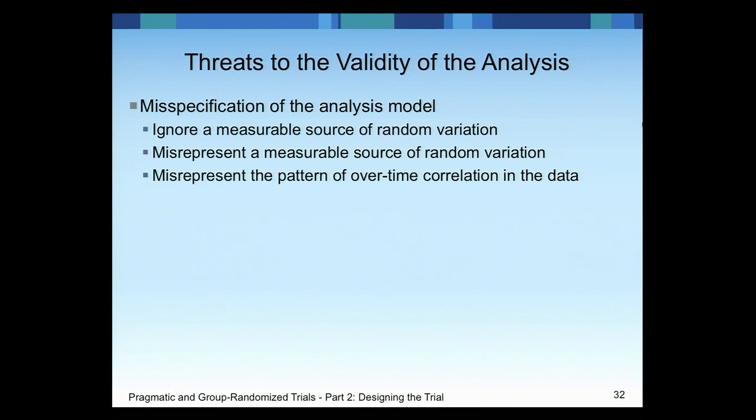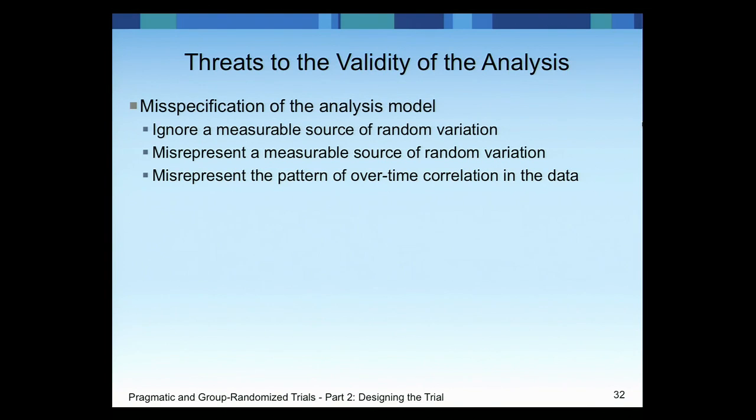There are several threats, too, that I'll talk about in particular for the validity of the analysis. The first of them is misspecifying the analytic model. The easiest way to do this, and it's quite common in group randomized trials and individually randomized group treatment trials, is to ignore a measurable source of random variation. In group randomized trials, we always have at least 2 members in groups, and the most common mistake is to ignore the group as a measurable source of random variation. And I promise you that you'll have an inflated type 1 error rate if you do that,